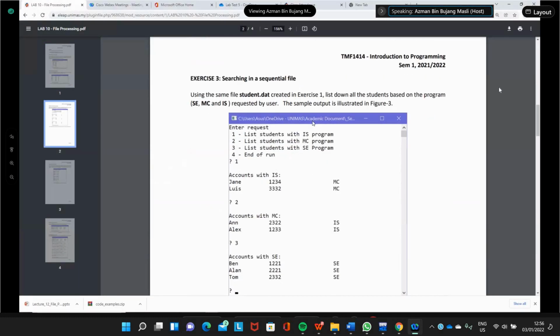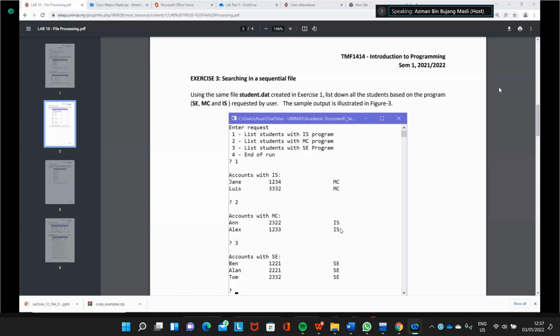Using the same student file created in exercise 1, list down all students based on the program requested by the user. The same output is illustrated here. We choose 1. Oh, this one is incorrect. See, it is MC, student account with MC is IS. Student account with SE is SE. Oh, SE is correct, but not IS.